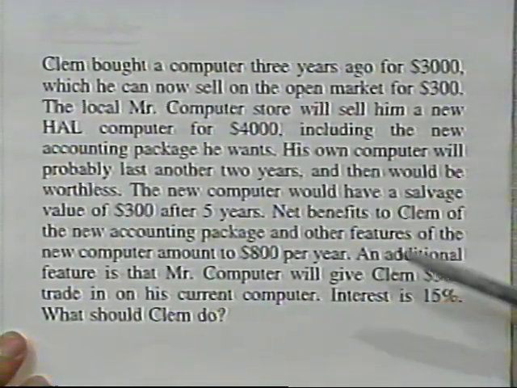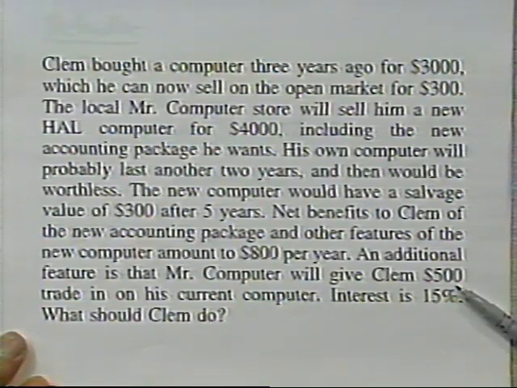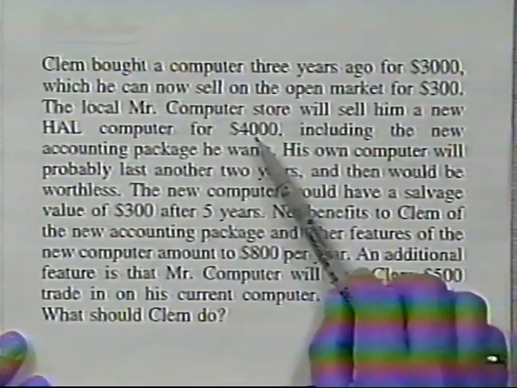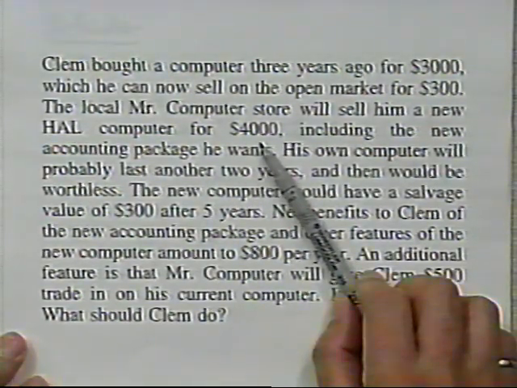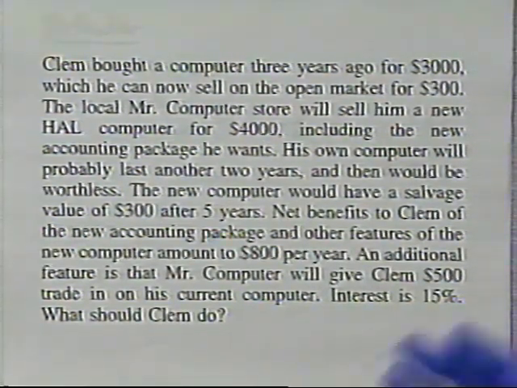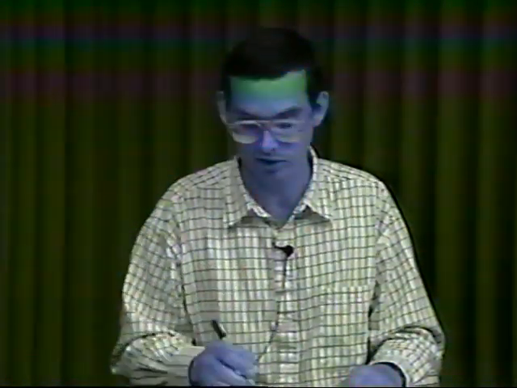In fact, the price is more complicated because of this feature of a $500 trade-in on his old computer. We know his old computer is actually worth only $300. So that extra $200 comes from somewhere. And where it comes from is actually lowering the price of the new computer. The Mr. Computer Store is giving a $200 inducement to Clem to buy the new computer. That $200 inducement is really saying, well, the price of this new computer is really only $3,800, not $4,000. That's what the extra $200 means. That's where it comes from. So the correct value here, the best estimate of the worth of the Challenger is not $4,000, it's $3,800,